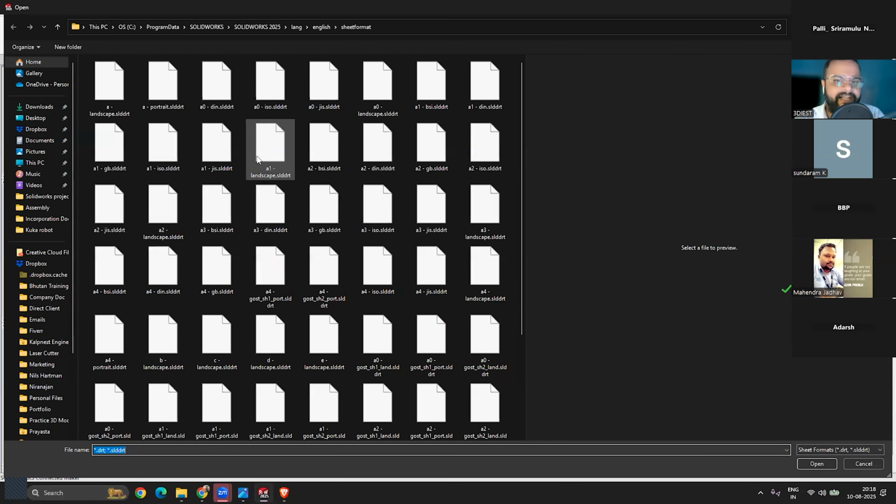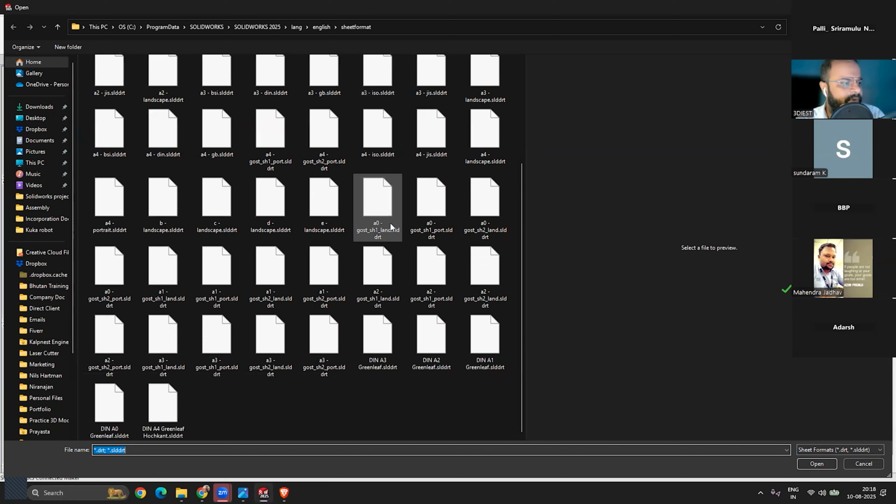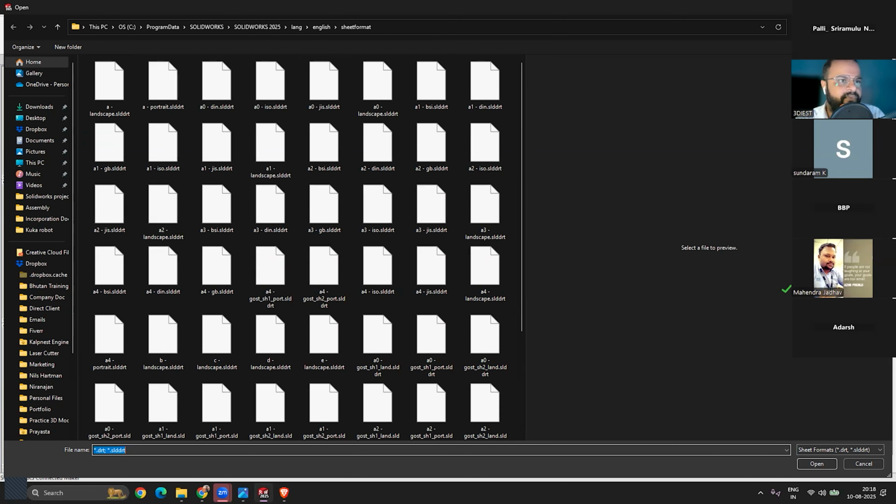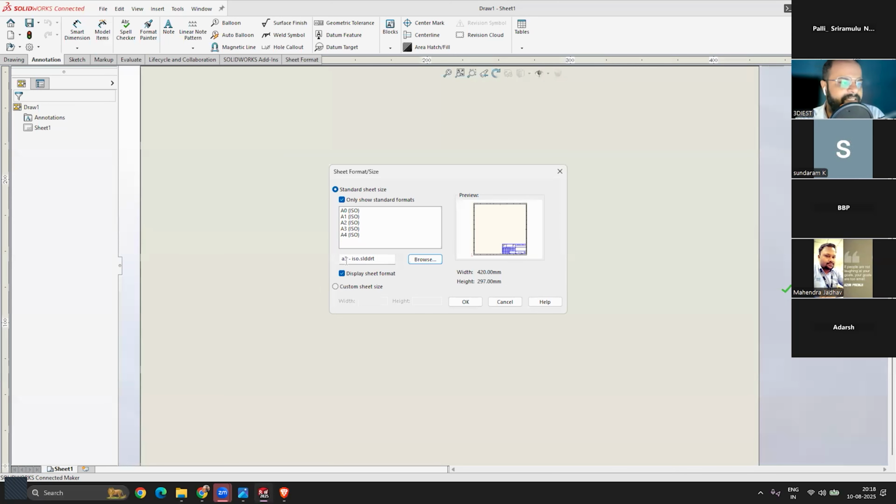But by default, SolidWorks already provides this many drawing formats. Here you can see. So in these drawing formats, I will go with the A3 ISO kind of file format, right? And I will select that A3 paper size with the ISO standard.